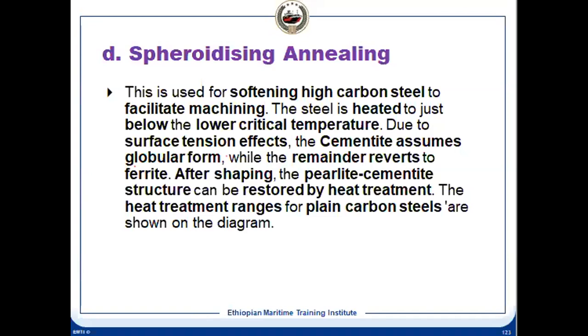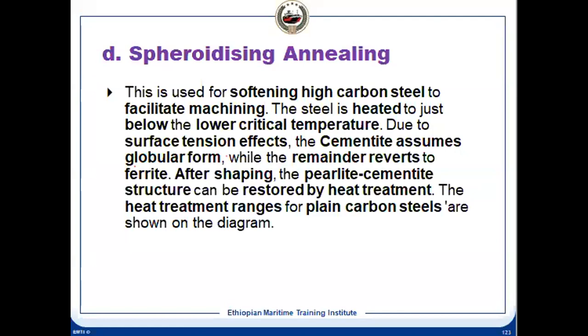Now we stopped here, and in this slide we have seen spheroidal annealing. What we do actually is done for high carbon content, so that once we do this kind of annealing, the cementite separates, makes graphite, and becomes spherical, and that gives us the machining facility, so that we can do the machining at that temperature. After that we cool it down, that is the heat treatment we do to get the required structure.